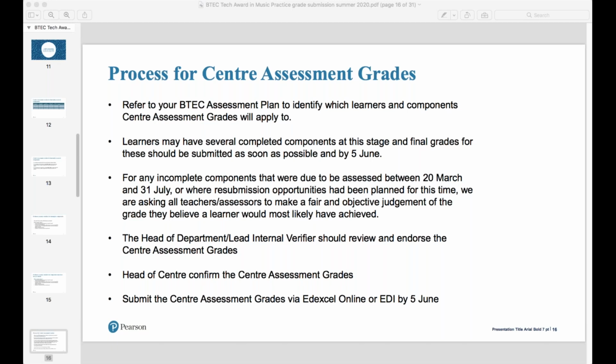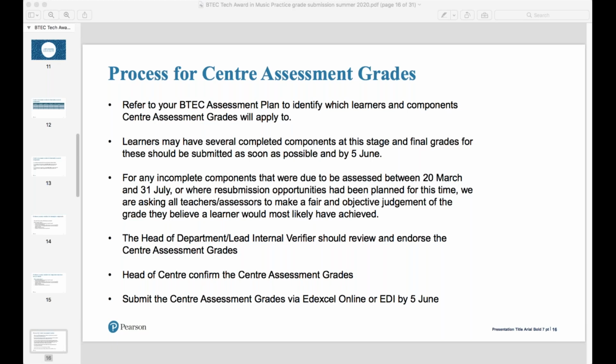If you can't access this work as you're shielding, obviously hopefully you'll be able to access the data around any work, or have someone be able to access that for you, or as we said, there is the option for other evidence to be used around this as well to inform the centre assessment grade. It isn't just around completed work that is held in the centre,